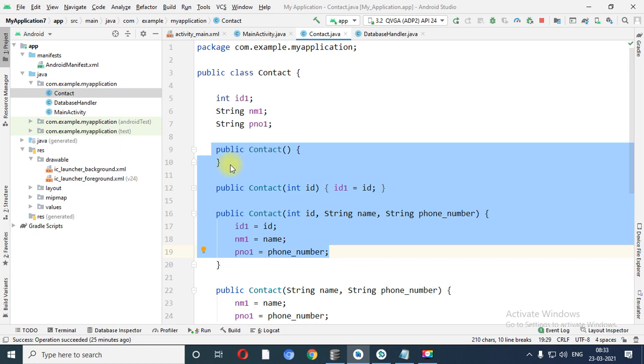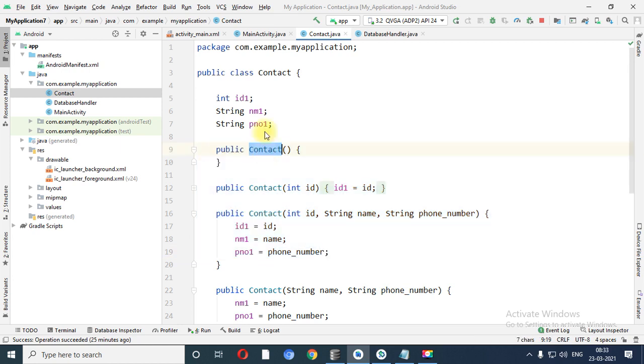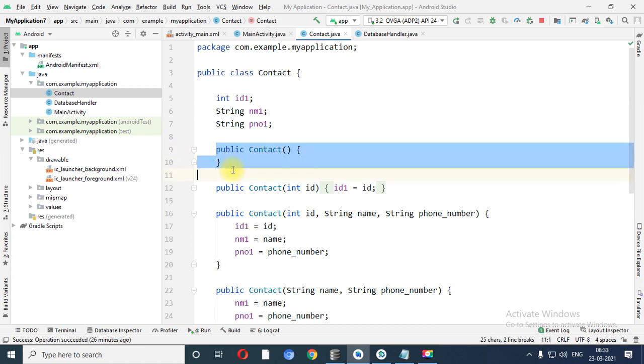This concept we have already understood in C++, right? Constructor has the same name as the class name. So what is the name of our class? Contact, right? So over here this is called default constructor, public contact, because it does not contain any argument inside that.